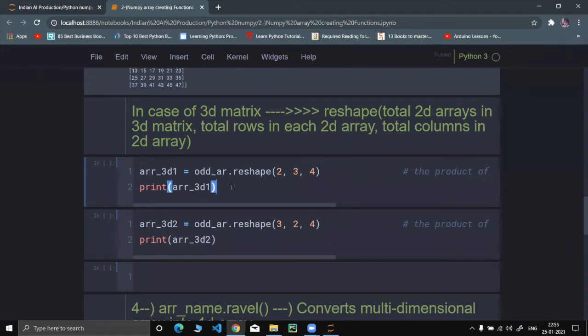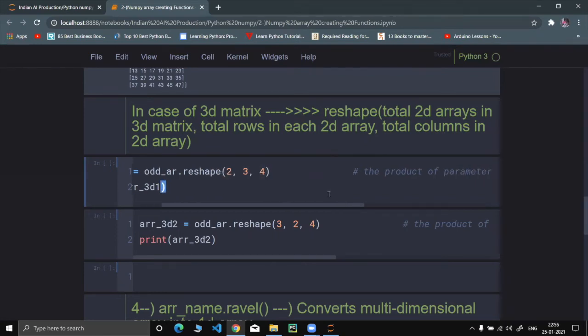So what we need to do is create a 3D array which has 2 arrays, and this 3 over here would be the number of rows in each 2D array. Then this 4 would be the number of columns in that array.